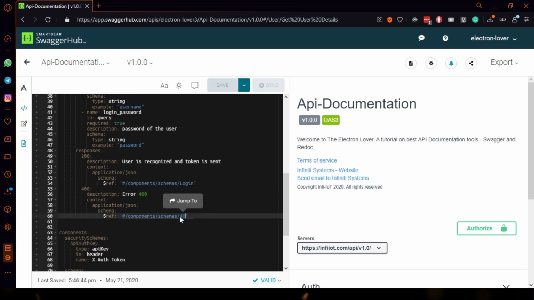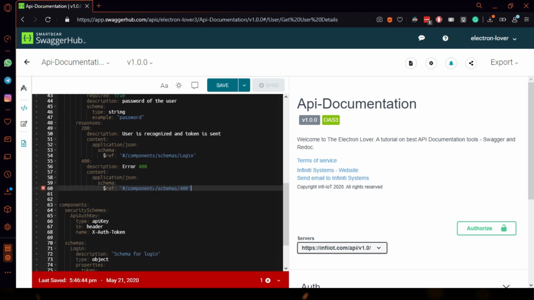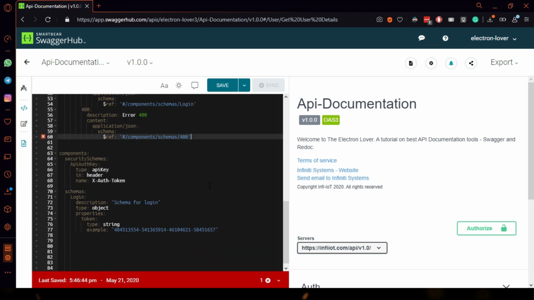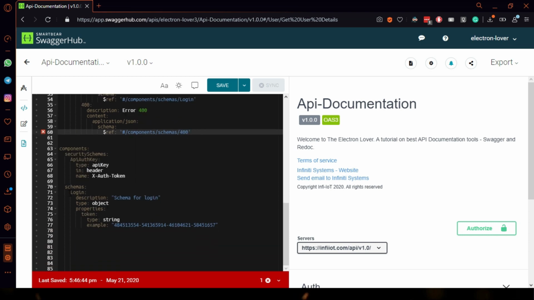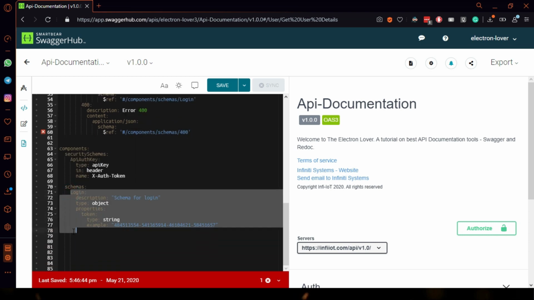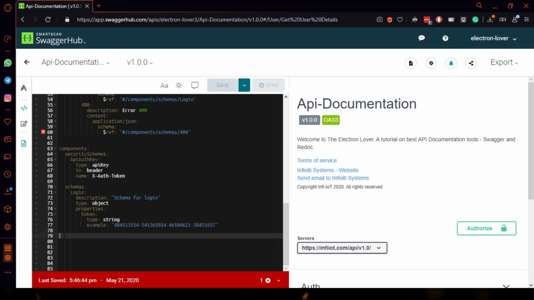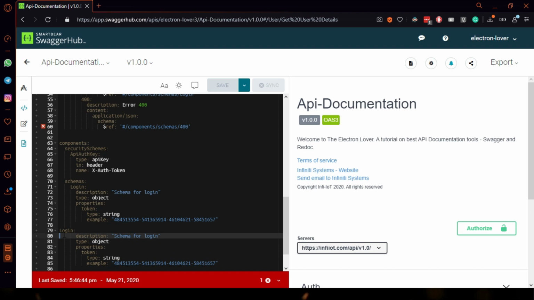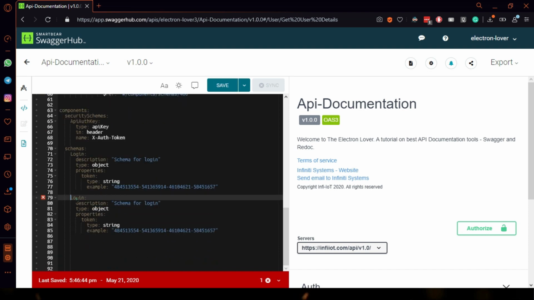Let's give the schema name as 400. Let's reuse the schema for login. We just change the name for the schema to 400 here.